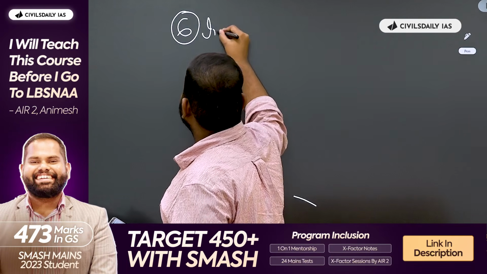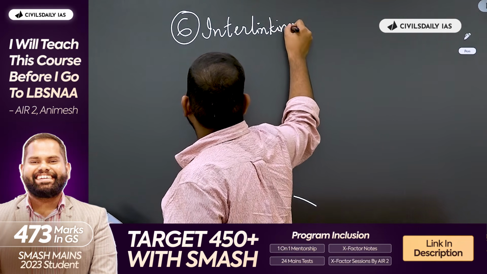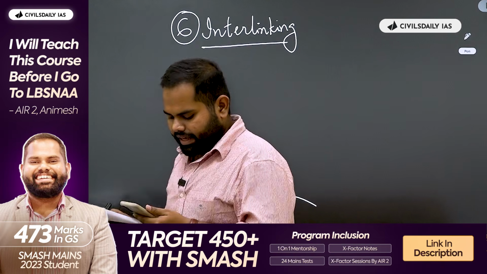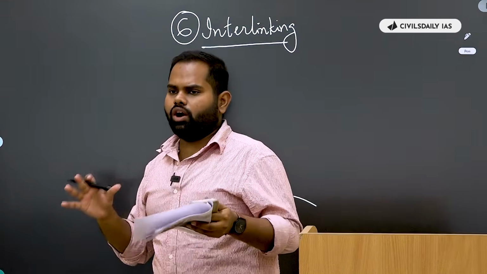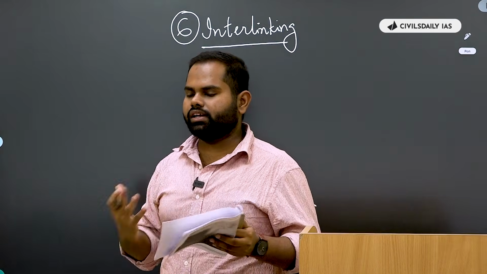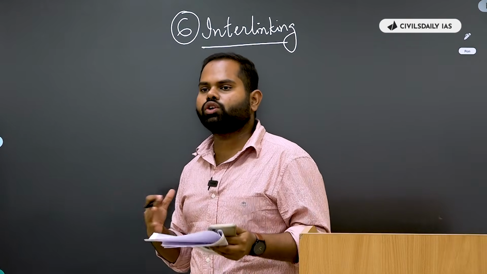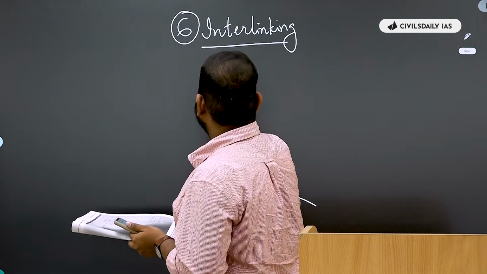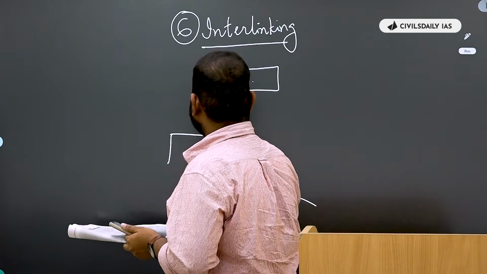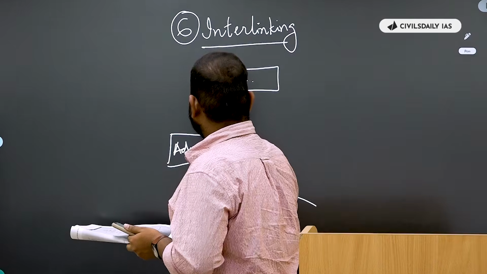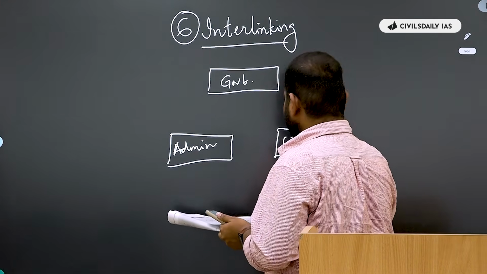The sixth one probably is a philosophy for interlinking allied topics. For example, let's say we have something on the role, how the relationship between governance and administration and the citizens work. Like effectively, if you want to tell something about good governance per se, here we have the government as one of the stakeholders. One, we have the administration, and here I have citizens. And I have to interlink between things.